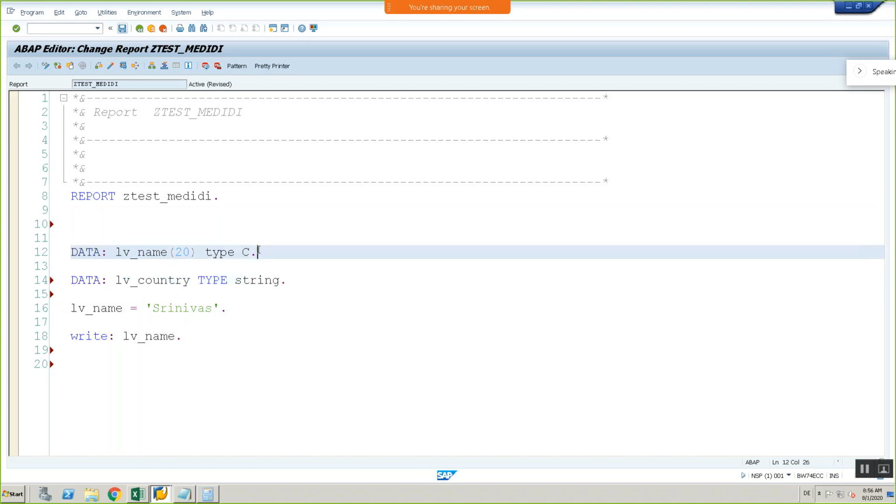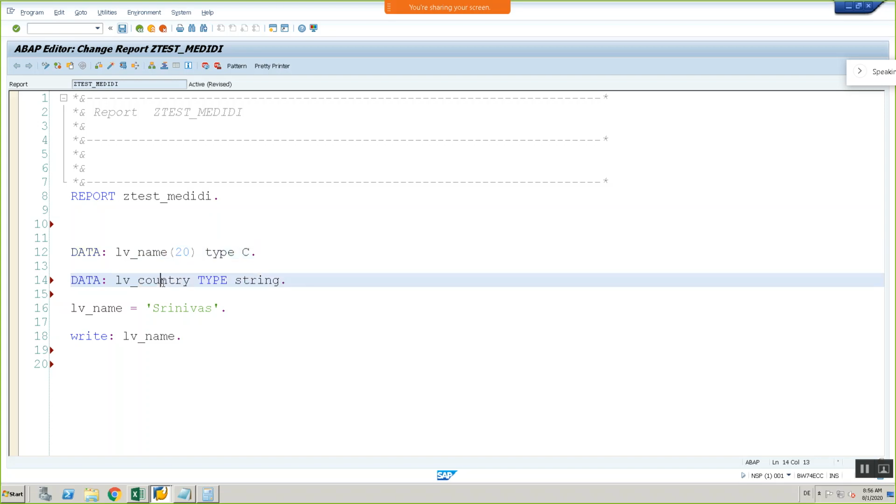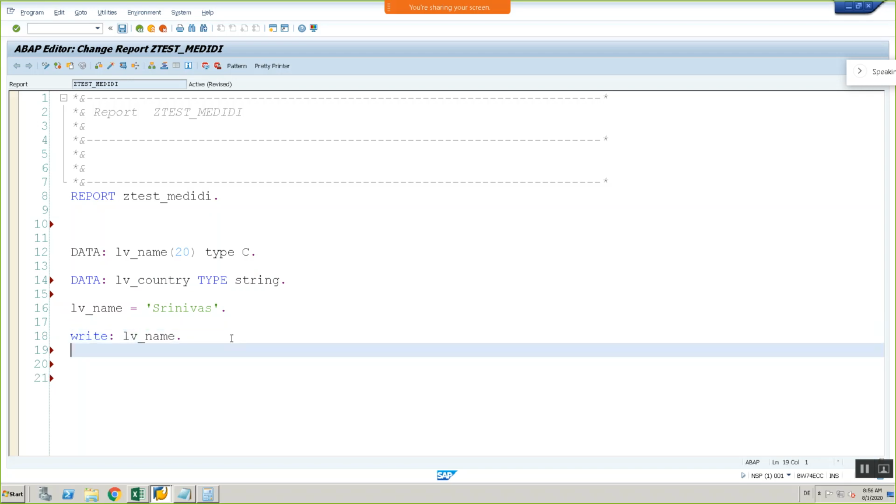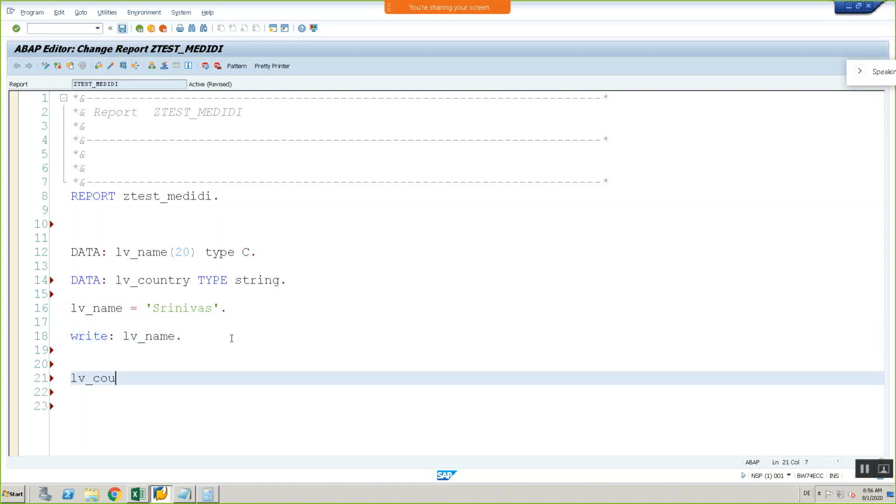If you want to specify the length, you have to use data type C and specify the length within brackets after the variable name. But from a flexibility point of view, if you define a variable of type string, there is no need to specify the length. Now I want to save my country name under this variable. Country is equal to India.